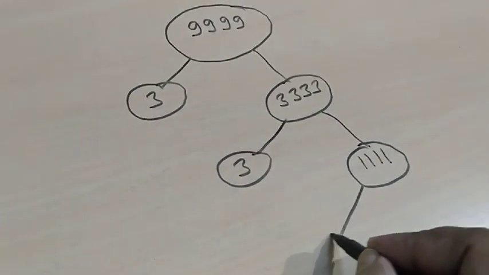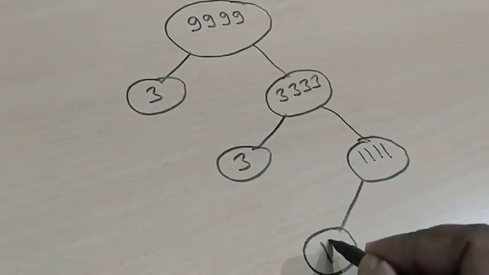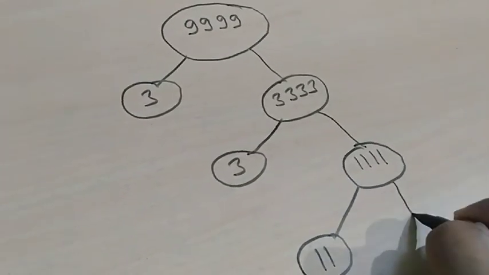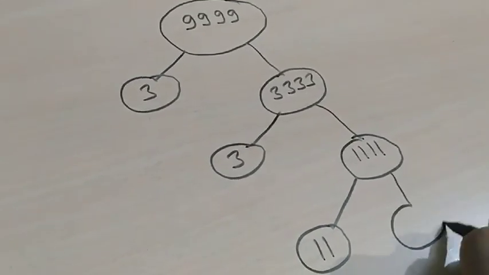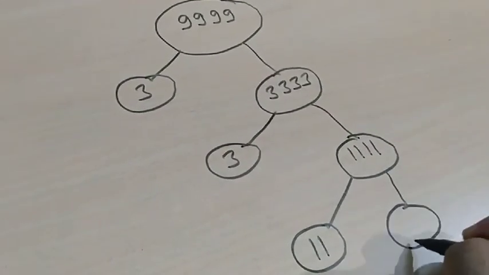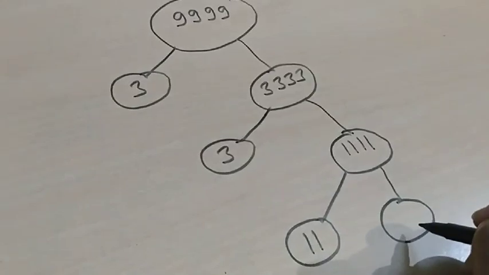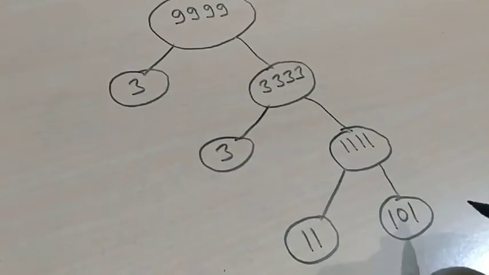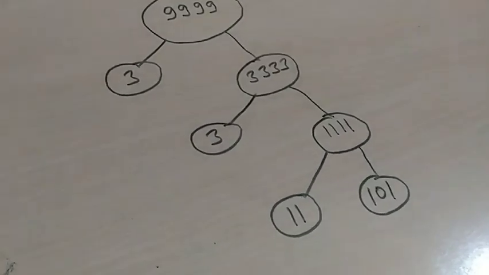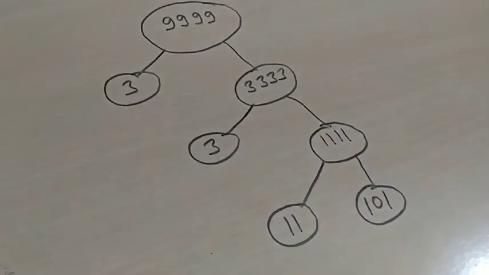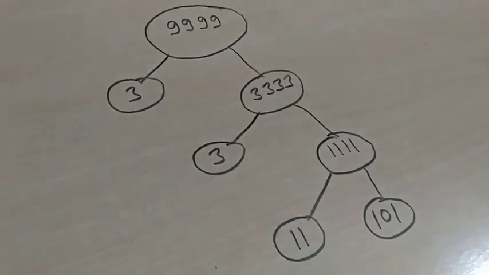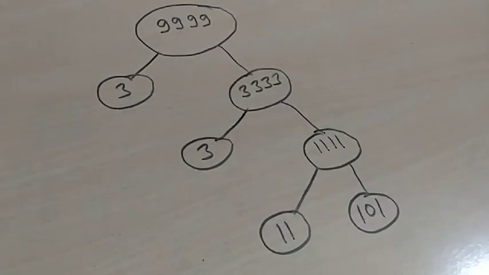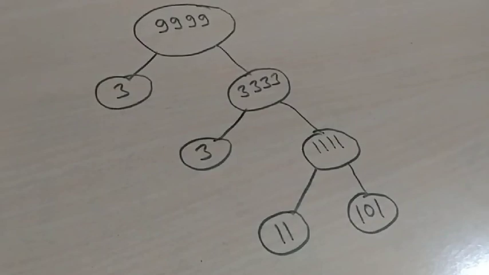If we divide it by 11, we obtain 11 ones are 11, 11 ones are 11. So what do we write here? 11 ones are 11, 1. Do we write 11 here? No, 101. Clear? I hope all of you understood. This is clear. These are the prime factors of the greatest 4-digit number.